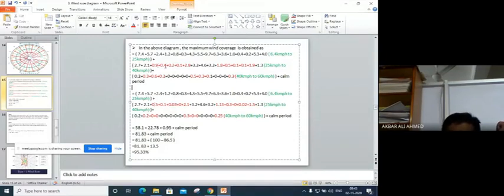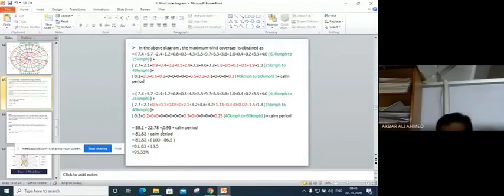Then 0.4 has become 0.1, 0.2 has become 0.03, 1 has become 0, and 2.8 is 2.1. Similarly, 1.8 has become 1.13, 0.5 has become 0.3, 0.1 has become 0, 0.1 has become 0.2, 1.9 has become 1.5. These values, when you calculate yourself, will not be exactly true. They will not match mine, but they will be somewhat similar.